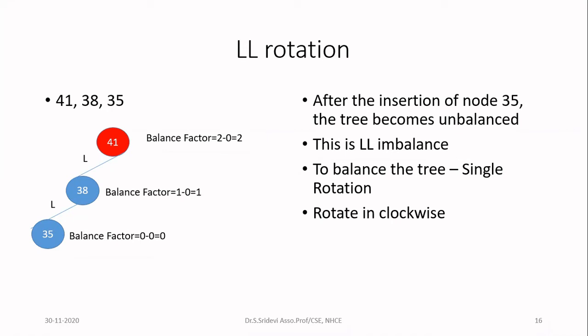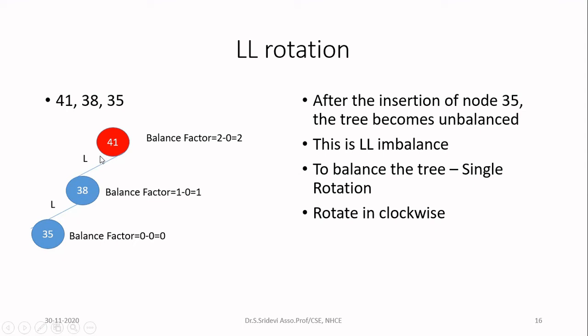So first I'm starting with 35. I'm moving towards the root. I'm coming to 38. It also has a balance factor of 1, so no problem. Go one level up towards the root. Now I have 41. It has a balance factor of 2. Now it is having the problem, so I have to balance this node only. Sometimes there may be many nodes with imbalance, but if you balance this node, all the remaining nodes will be automatically balanced. We will see that during the insertion. So now this is the node I have to balance.